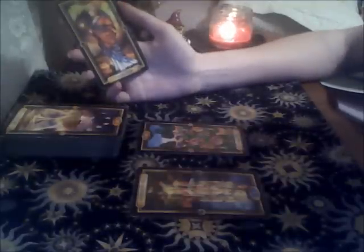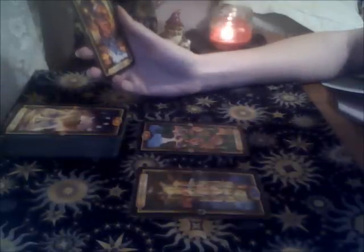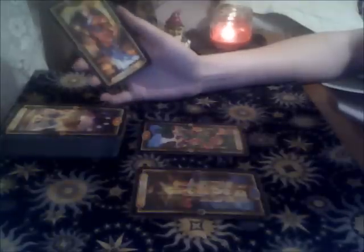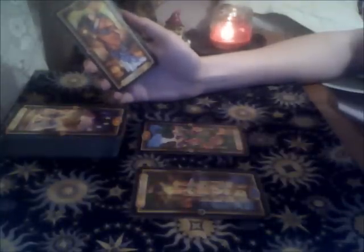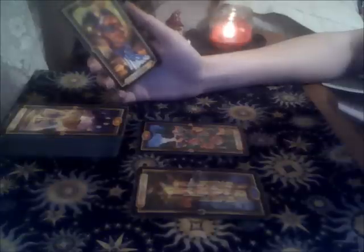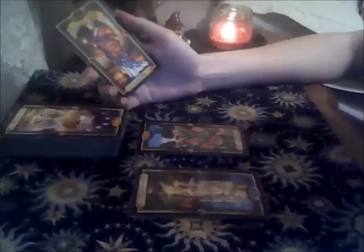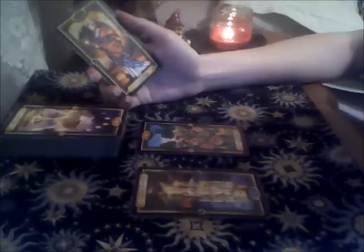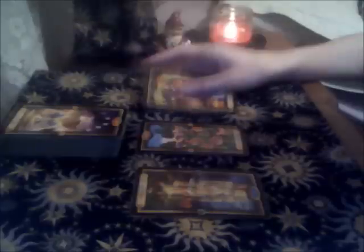And up here we have the Emperor. Oh, geez. I would say that I'm going to overcome this feeling of loneliness. I may not exactly find someone, I may get a date here or there, but as far as another long-term relationship like I've had way back in the past, it doesn't seem to be there yet. So that leads us to really the next part of the whole